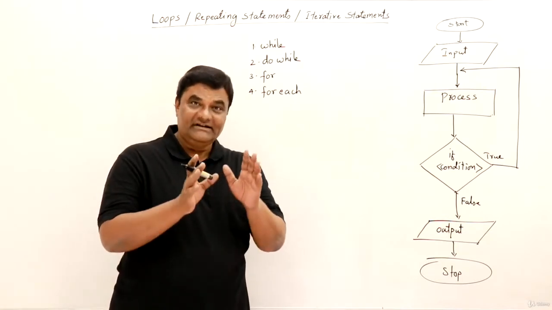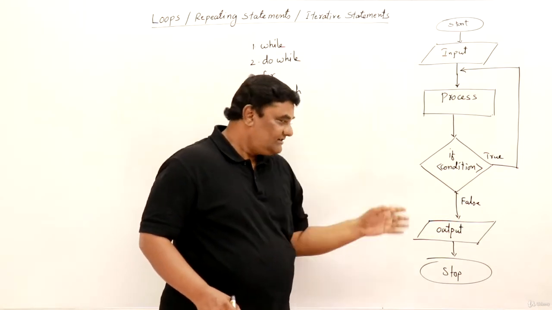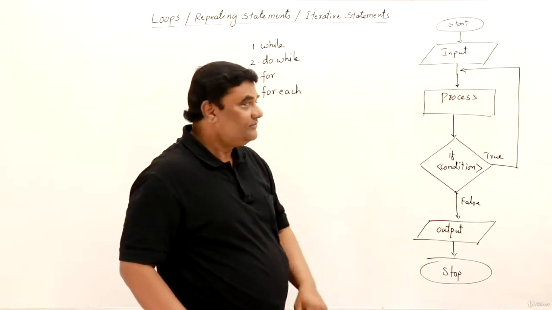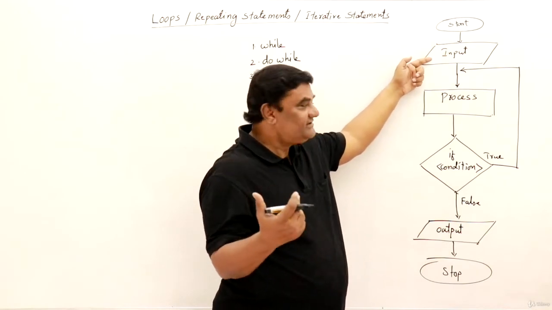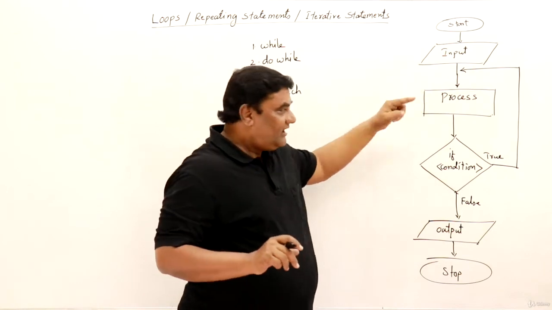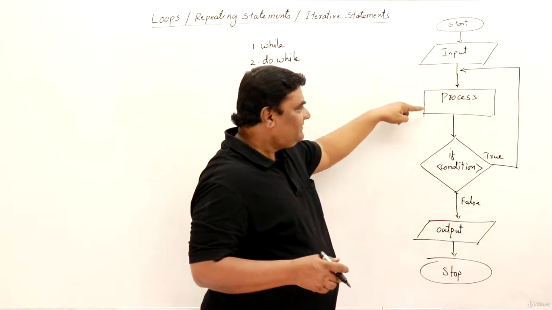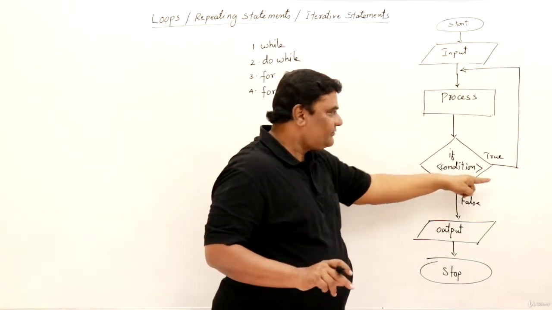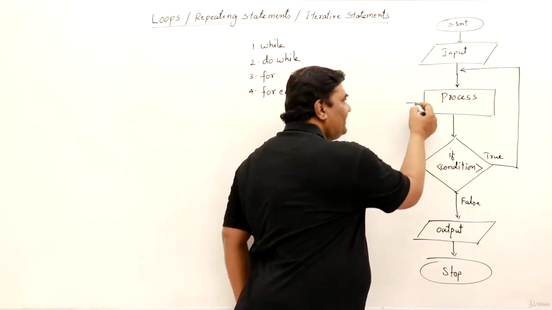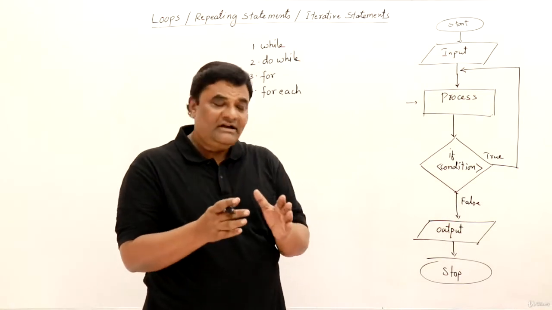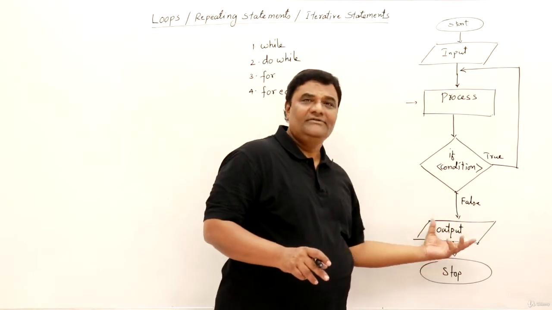Now what are these loops? Let us understand from this flow chart. We have already written some flow charts. Now let us look at this flow chart, how it is working. I will trace it and show you. Starting point, and some input is taken, whatever the problem is. Then processing is done. After that, the condition is checked. If the condition is true, then again it goes back here and processing is done. And the condition is true, again processing is done. This will be repeating. So this processing part will go on repeating as long as that condition is true. And once the condition becomes false, it will come out, and whatever output it has to print,